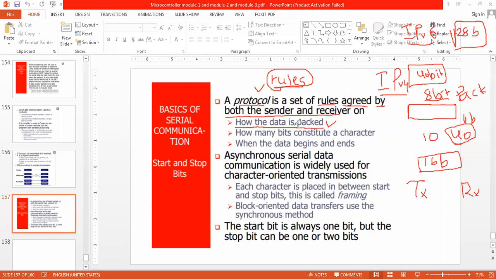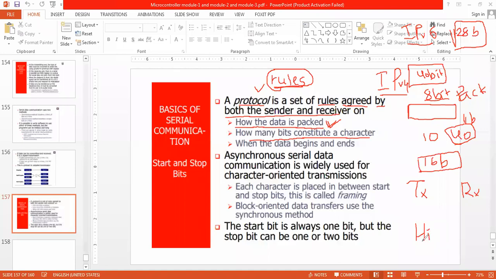So what are the rules? How is the data packed? That is one thing. How many bits constitute a character? One character, say A, B, or what I am sending. I'm sending "hi".